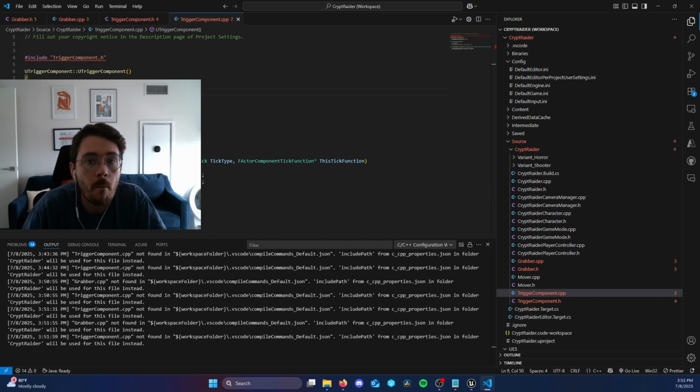Because changes to a constructor don't always get properly propagated in live coding, I'm going to close down the editor. I'm going to rebuild from within Visual Studio Code. Then I'm going to